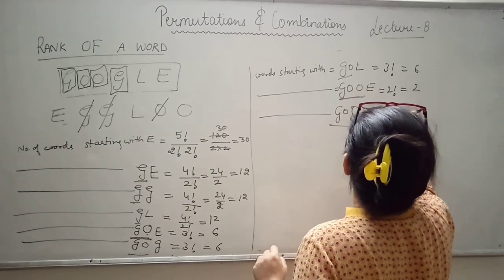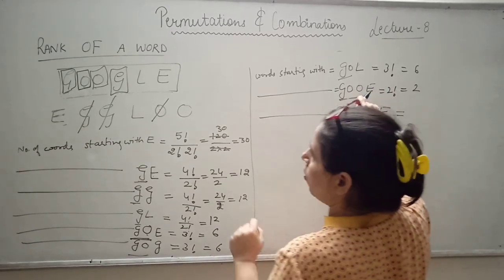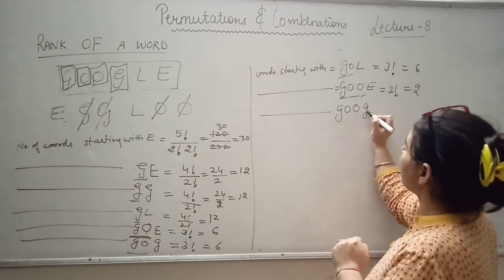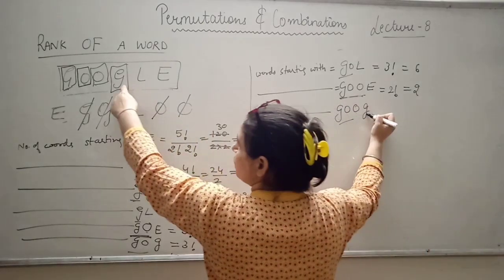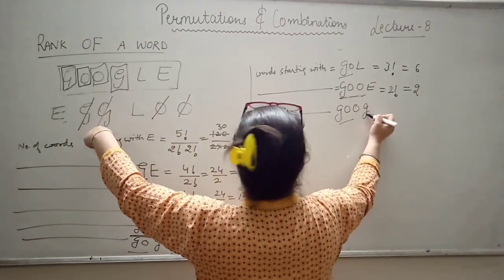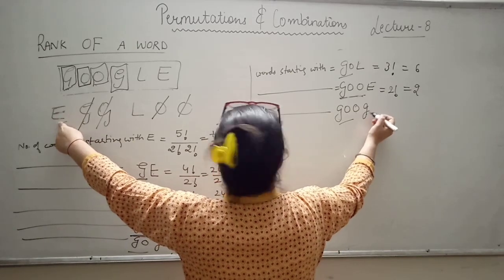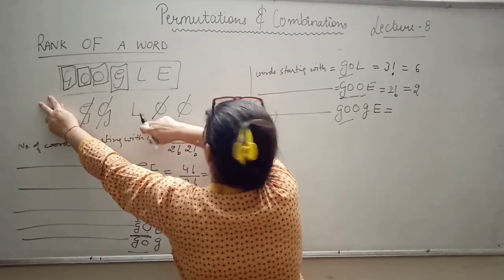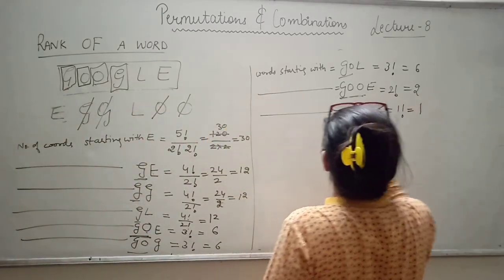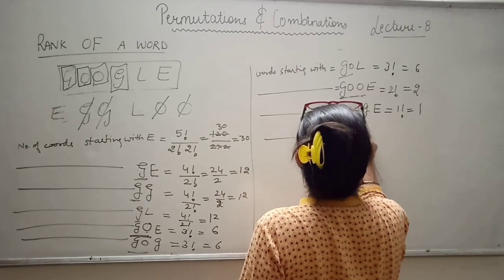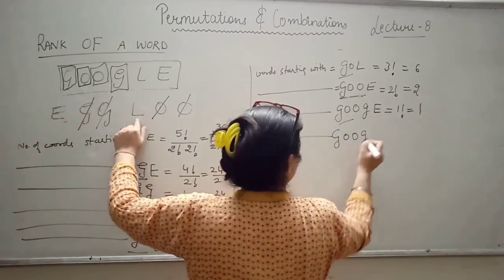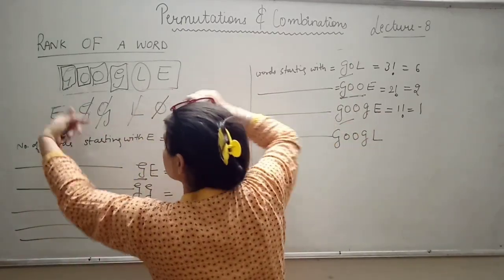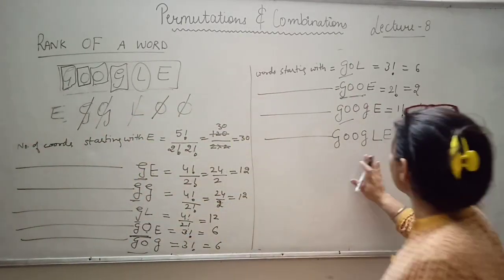Just a minute, G O O O. So G O O, when I have written G, it is at the same position which was required. So G I have cancelled. So again I will start from the beginning. E. Okay. So how many letters are left? Only L is left. That is 1 factorial. Then G O O G. What is after E? L. Okay, that is at the same position which is required. So again cut it and started from the beginning. And this is our required word Google.